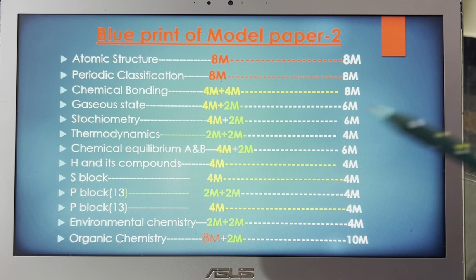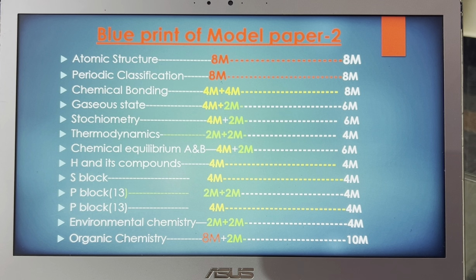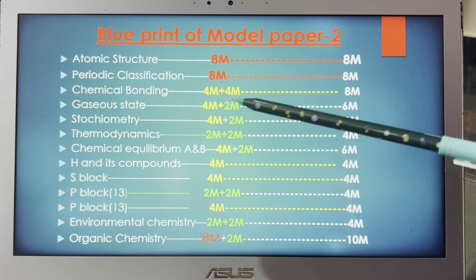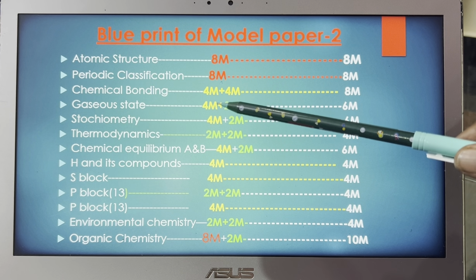From atomic structure I have given an 8 mark question, periodic classification I have given an 8 mark question, and the third 8 mark question was given from organic chemistry. The 4 marks questions are from chemical bonding, 2 4 mark questions, from gaseous state 1 4 marks,